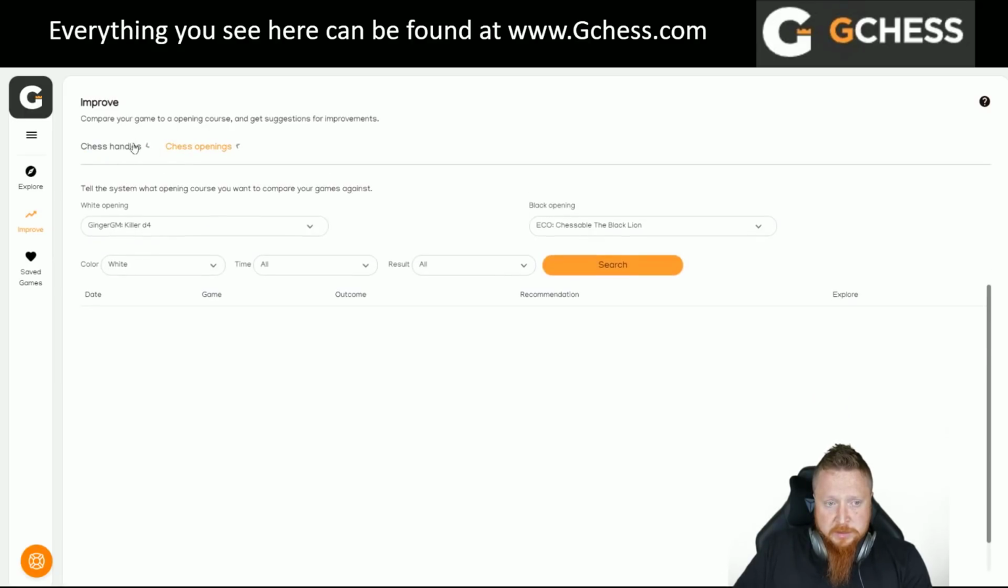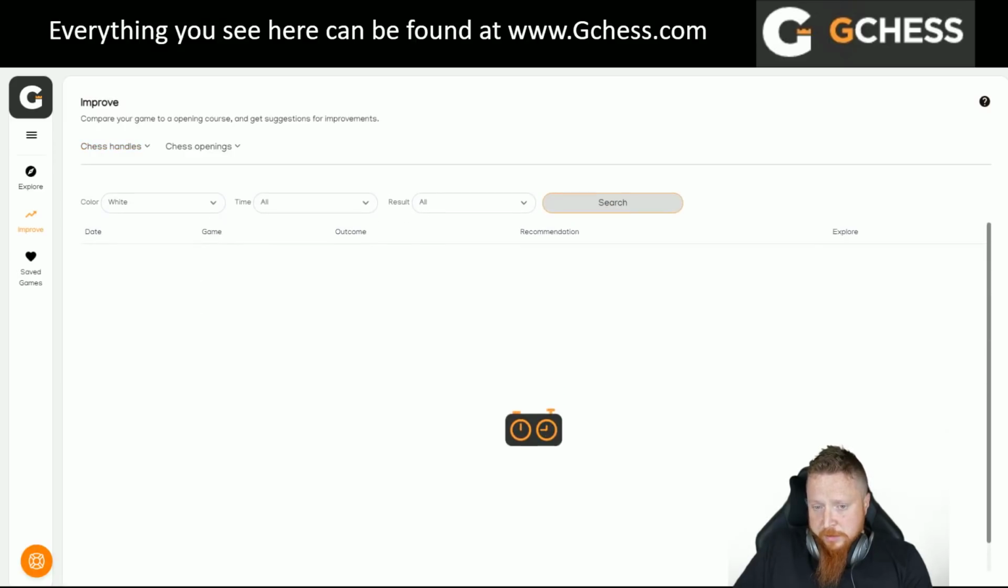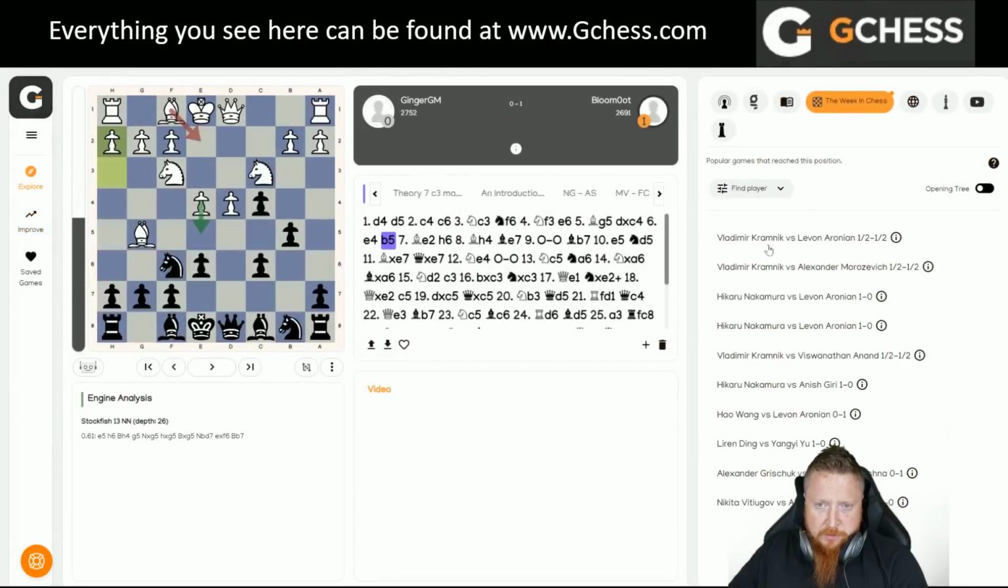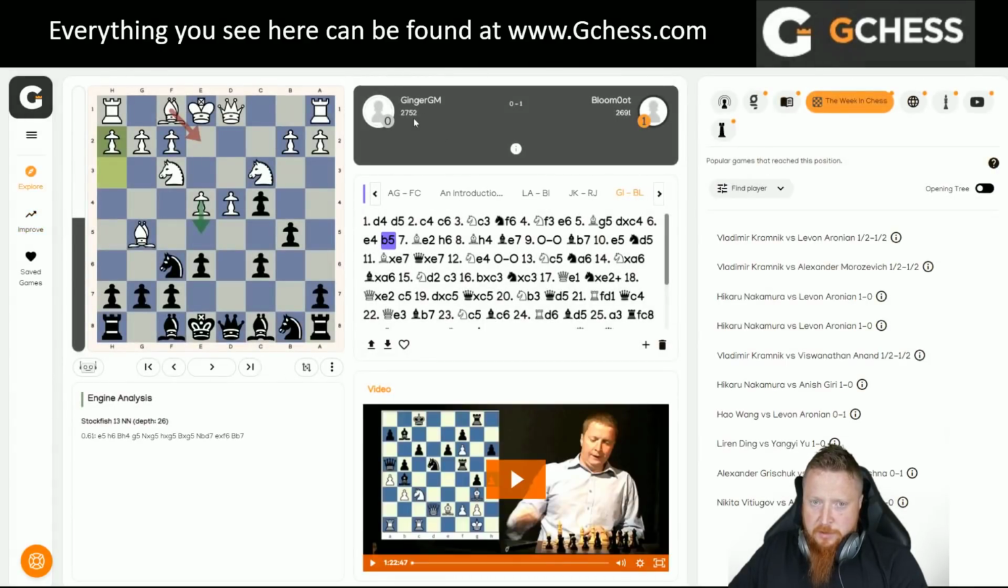You put this in, and then you press the search button, and this will find in your games. Maybe I'll do it with one of you guys. You can do this yourself, but it will find, I hope this works now because we're redoing this, it will find positions where in your blitz games you've made mistakes. So you can see study needed. Let's just have a look at this one. We press the board button and we can see that in a blitz game I had, look at my Lichess rating,